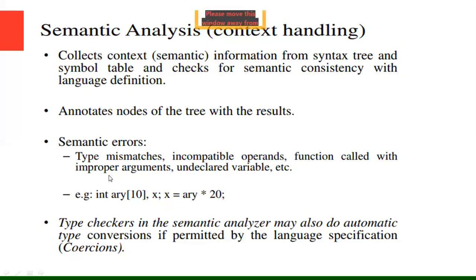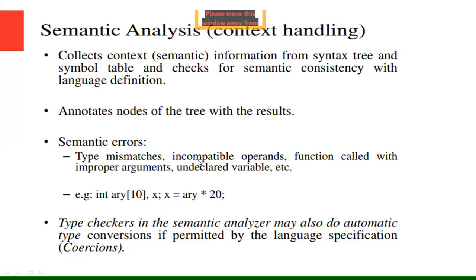Okay. So type mismatches means, is there any type mismatch? So we are specifying integer values and we are adding that integer to a float value. So this is a type mismatch. And for the next one, incompatible operands. So compatibility means we are specifying some other data type, we are using another type of data type, so that is incompatible to the operand.